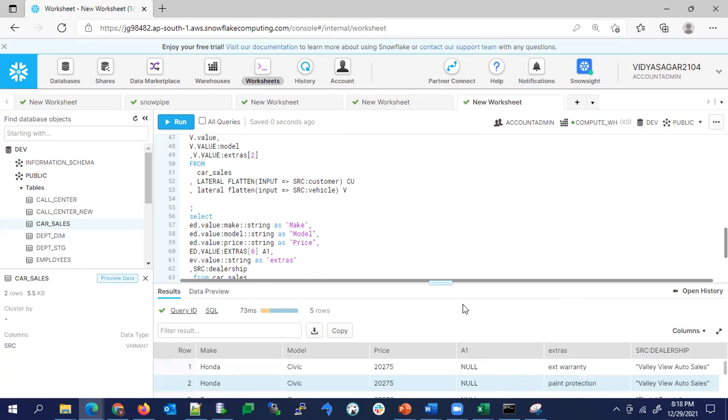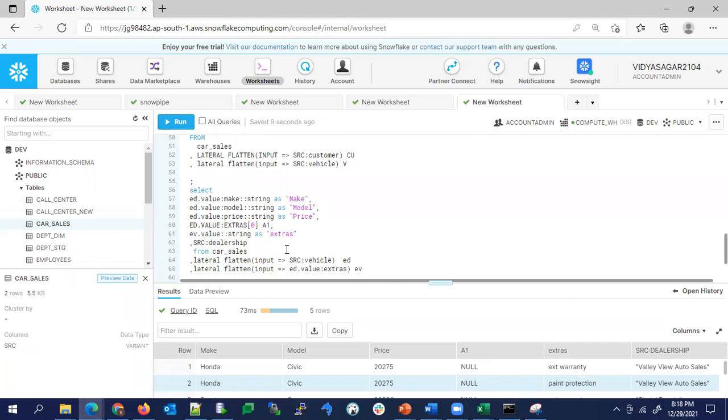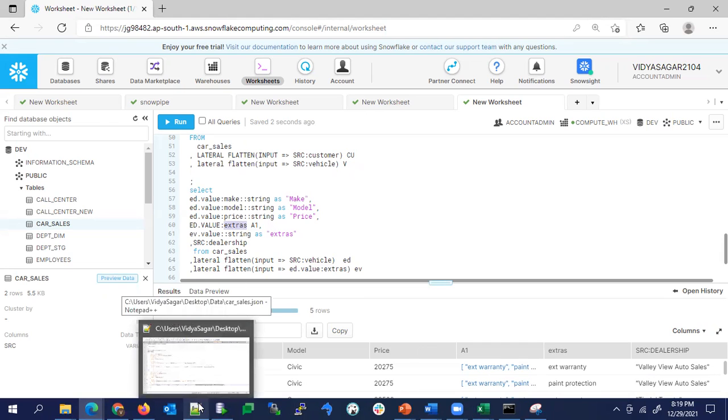Oh, it is not reading, why? So ED dot vehicle values colon. Okay, sorry, it is a case sensitive format, and we were giving capital letters. Now if you give small letters, it will show the data. So it is case sensitive. We should not give capitals; whatever it is, it is mostly in small letters, so we have to give all small letters.